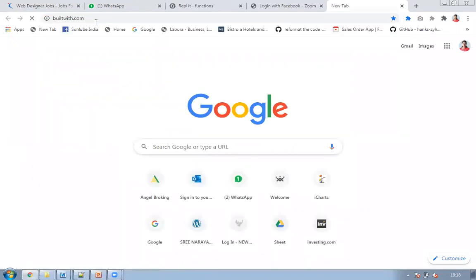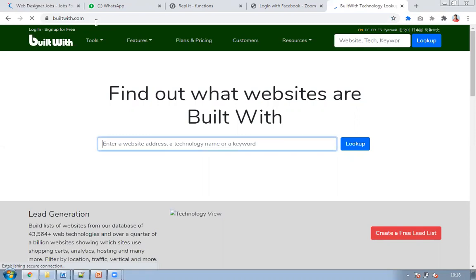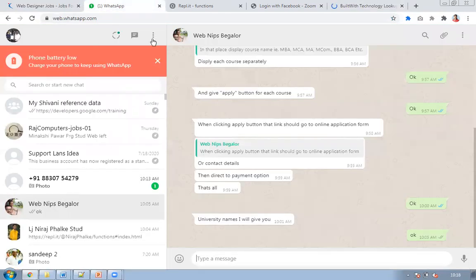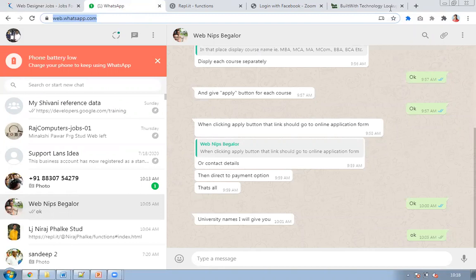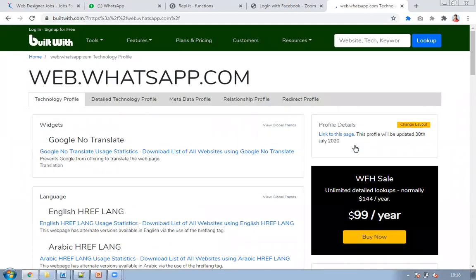BuiltWith is a site which shows what technologies and products are used to develop any kind of site. For example, suppose I want to know what my Facebook, web.facebook, is developed with. I can just type the site name there and click on lookup. So it explains to me which widgets are used.